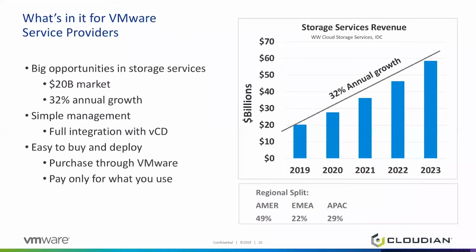So what's in it for you as a service provider? Well, the opportunities in storage services are large and growing. Today, it's a $20 billion market for storage services. But what's really exciting is that it's growing very rapidly. And this is something that everyone can participate in because when you start talking about storage services to enterprise or